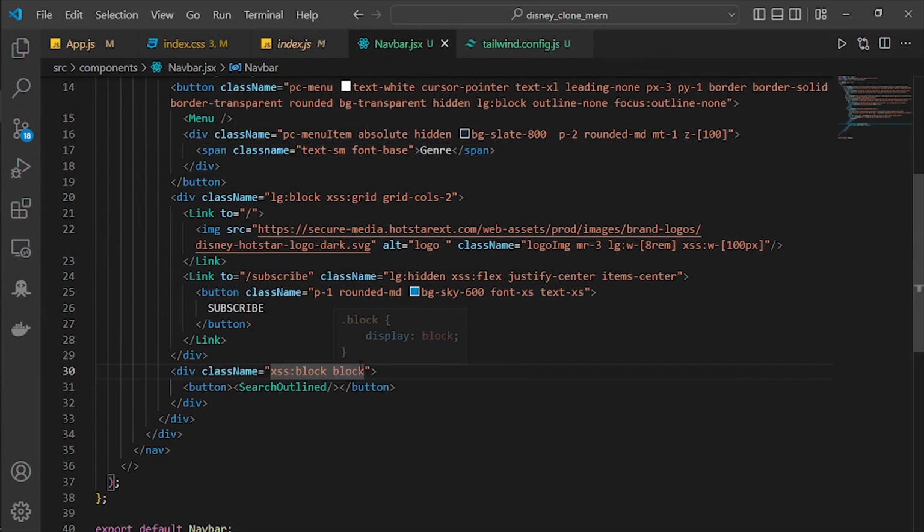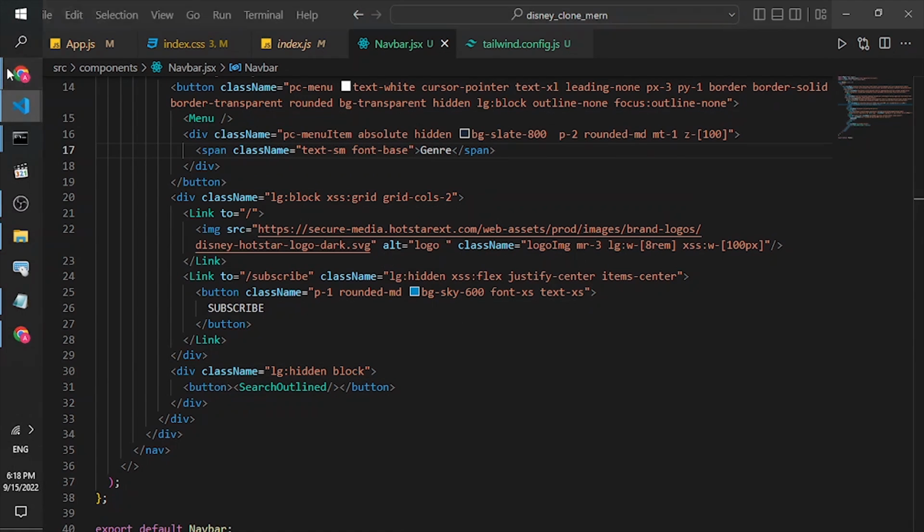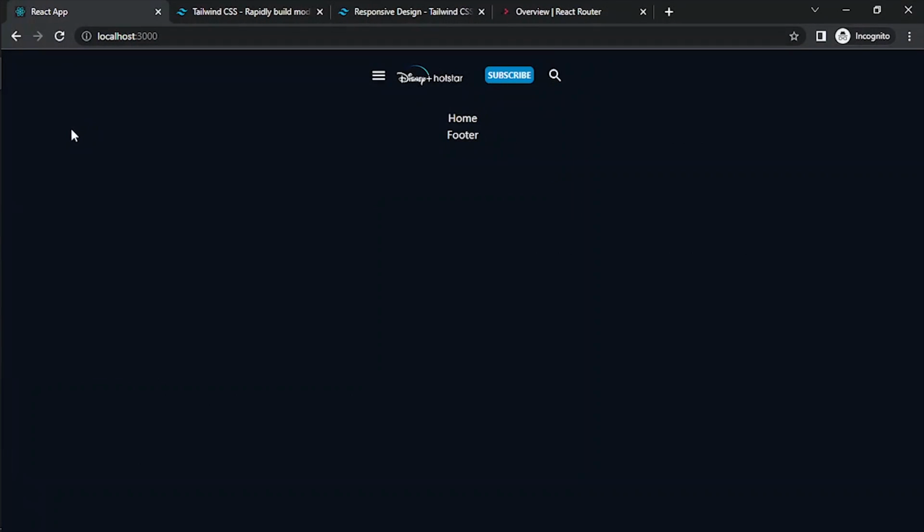We just make it block, and for the LG it's going to be hidden. And also we misspelled the N in here. It should be an uppercase N. Save, and let's see how it looks. It should be disappearing or hidden for now. And we got the